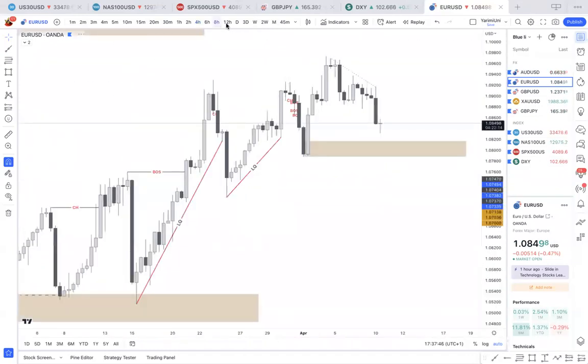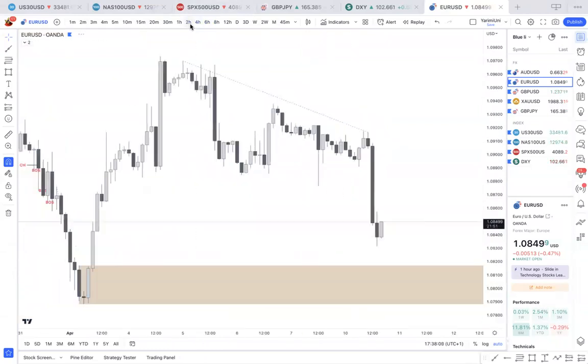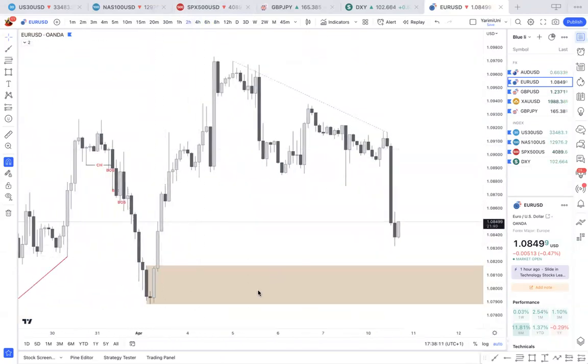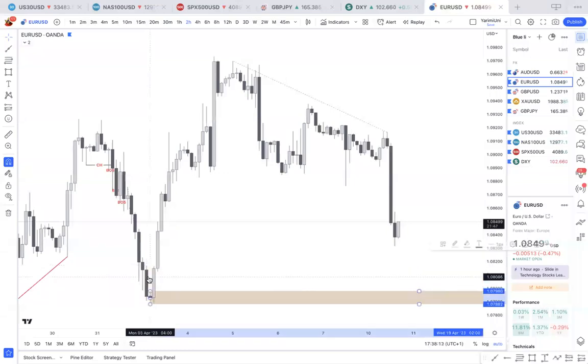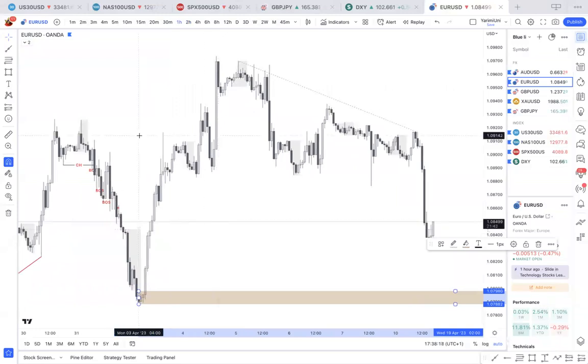So let's go to the higher time frames now. And we can see that price literally tapped into this imbalance here and then reversed off of it. There's a lot of bullish momentum. Based on this time frame right here, 8 hour, it looks like price is reacting off of it. However, we're going to refine it down. I've already refined it down to the 4 hour. I'm going to refine it down some more. We could refine it down to the 2 hour as well. Let's see if we can refine it some more and find a proper bullish engulfing.